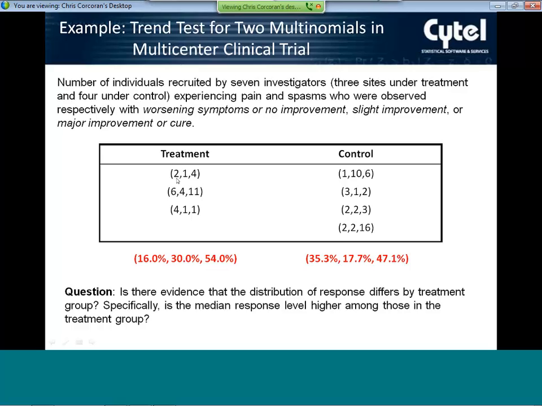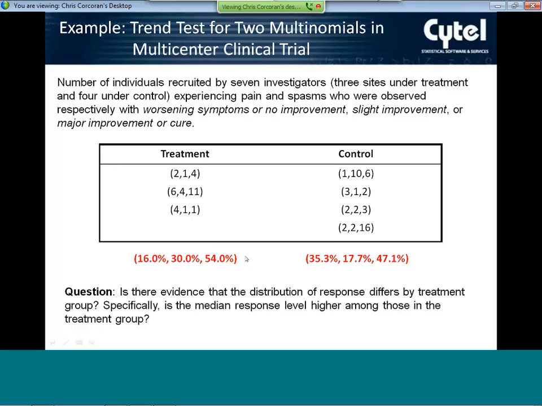2 of those patients showed actually worsening of symptoms or had no improvement. One of those patients showed a slight improvement, and the 4 patients here represent those who had a major improvement or a cure. So overall, across all 7 of these sites, we can see what the proportions are, relatively speaking, across these different